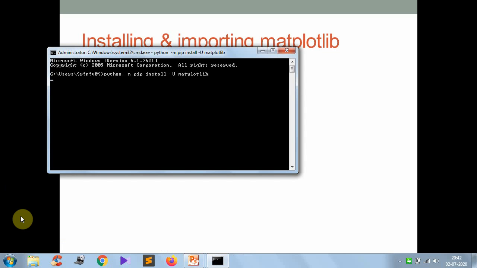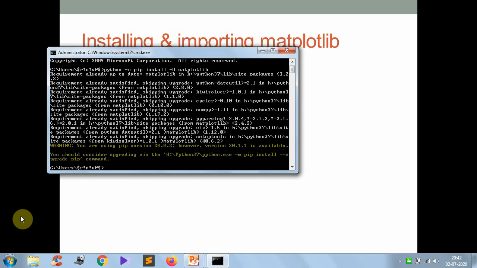Now the matplotlib library files will be downloaded from the internet and installed. On my computer it has already been installed, that's why it is showing the message requirement already up to date. If it is not installed, it will be downloaded from the internet and installed on your computer. After that you can use it in your program.